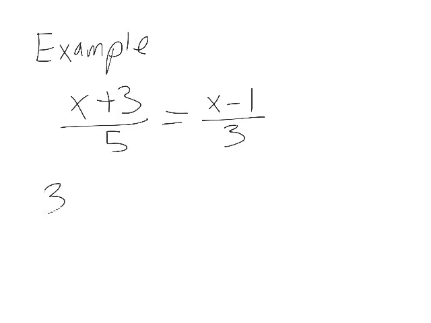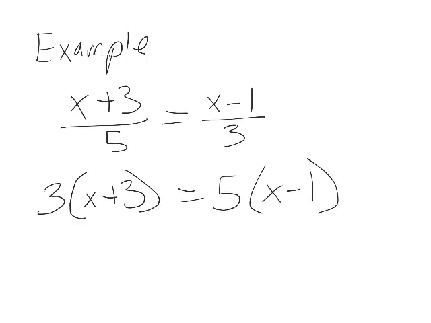So we multiply the 3, that's the denominator on the right-hand side, by the x + 3, that's the numerator on the left. And then we do the denominator on the left times the numerator on the right. This will only work if you have just a single term on either side, a single fraction, or maybe one fraction and one term that's not a fraction, variable or constant, either one. Now from here we would distribute. See, we wind up clearing the fractions very quickly in a problem like this. But we would distribute from here.